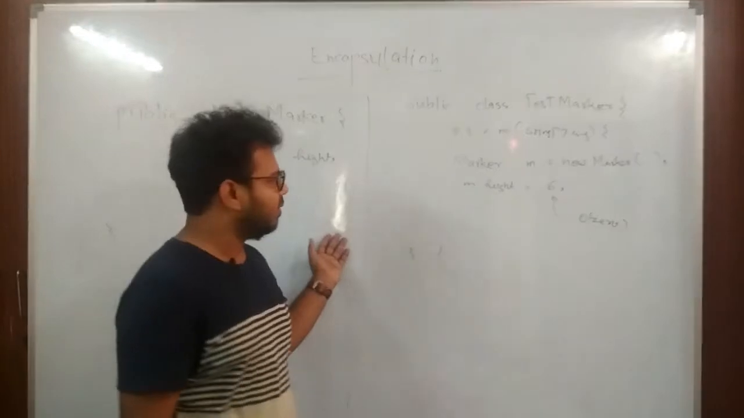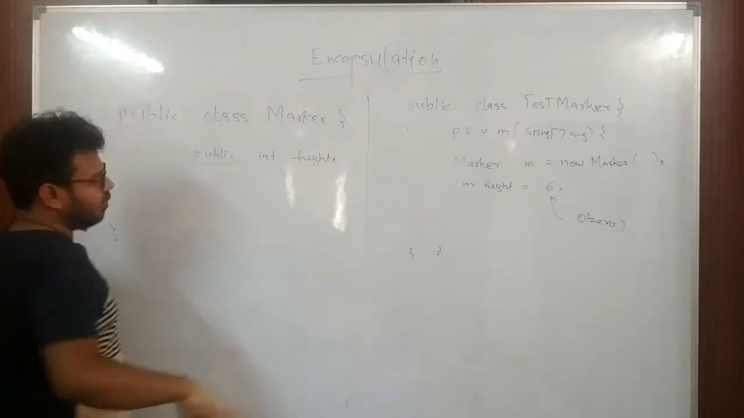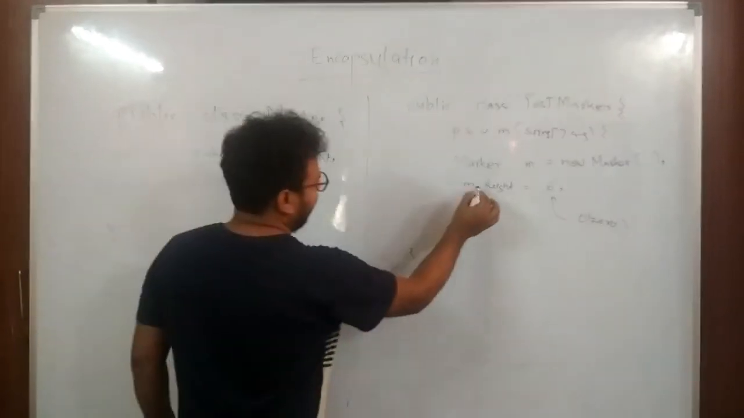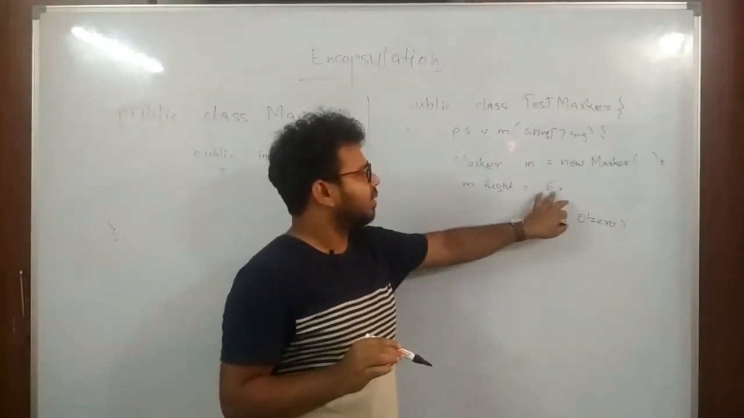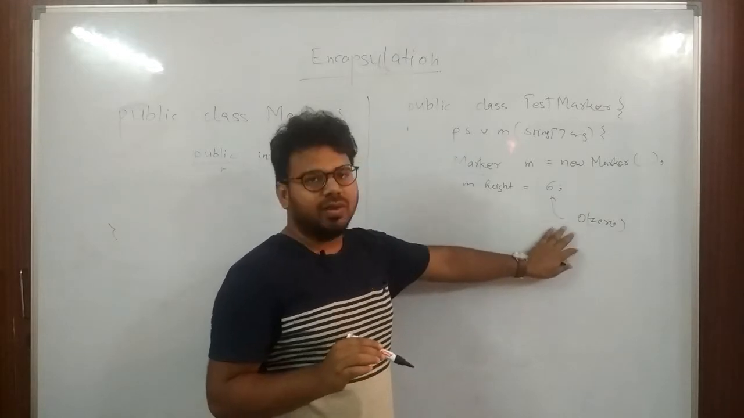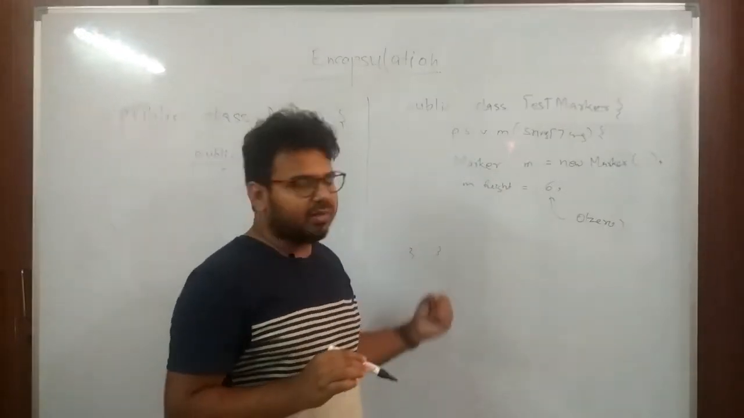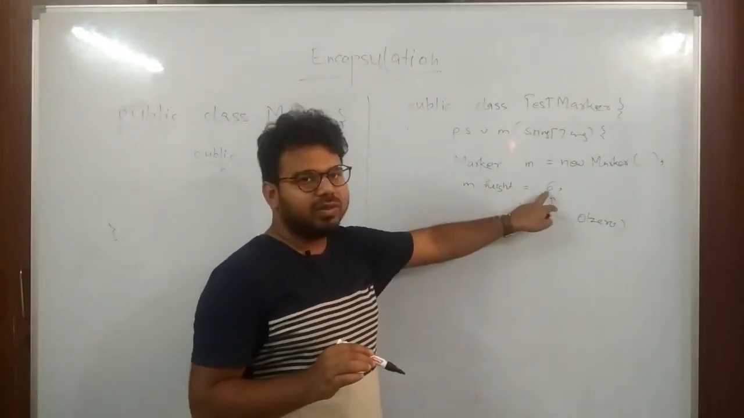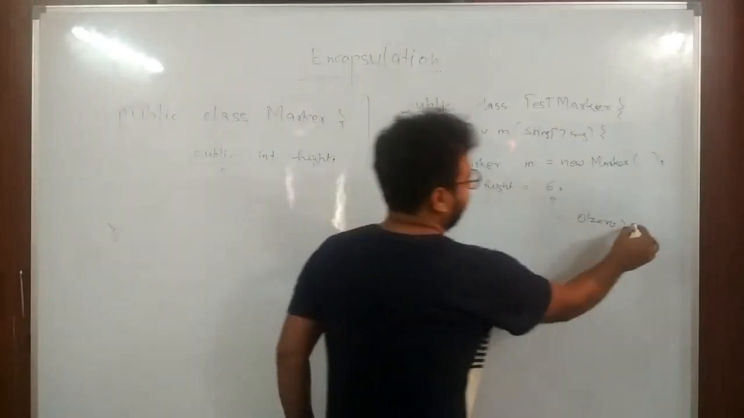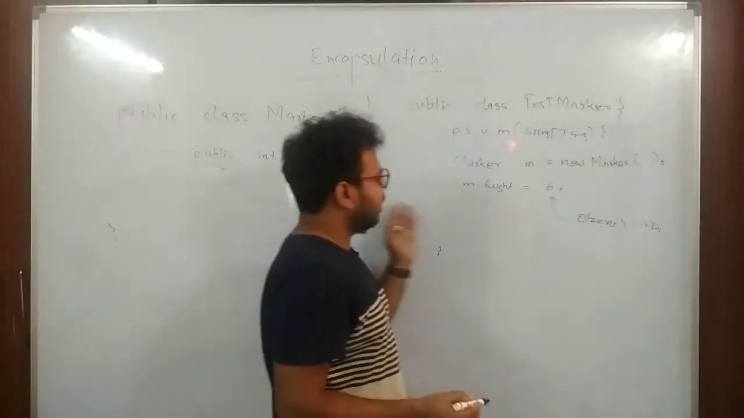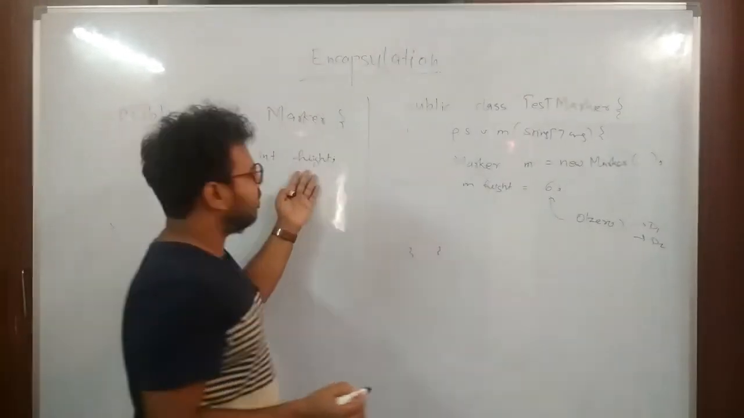So why does this problem arise? Think of it. We have height here and it is public. So what will be the problem? Anyone can access this height. Since it is public, anyone can go and change it from 6 to 0, and that will be very problematic, because if another developer comes, suppose developer 1 made this height 0, and another developer comes and tries to access the height of this object,